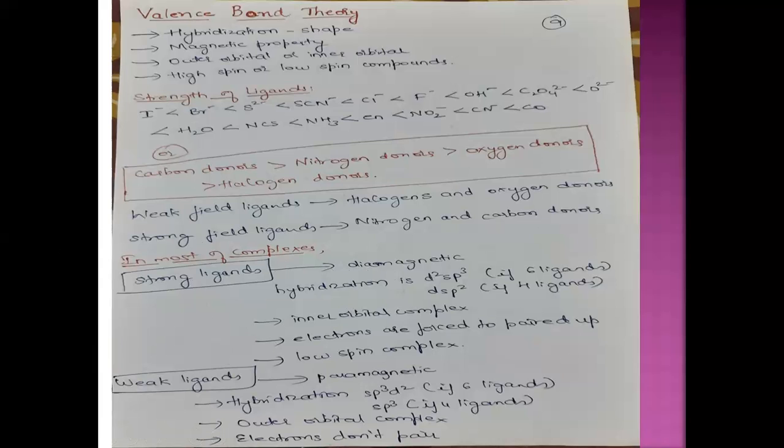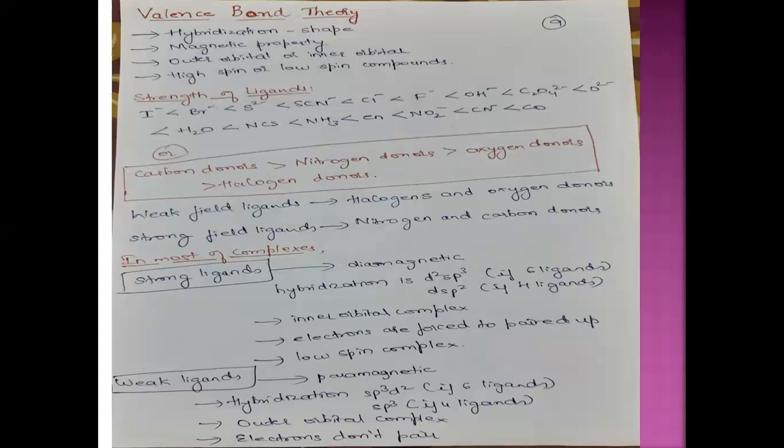You know that the magnetic property is diamagnetic when no electrons are free. It means all electrons are paired up and no single electron is free. The spins are cancelled out because they are paired up. So in the presence of stronger ligands, electrons are forced to get paired up. That's why it possesses diamagnetic property. Whenever you see a stronger ligand in the complex, you can write the magnetism as diamagnetic. There are a few exceptions we will discuss.